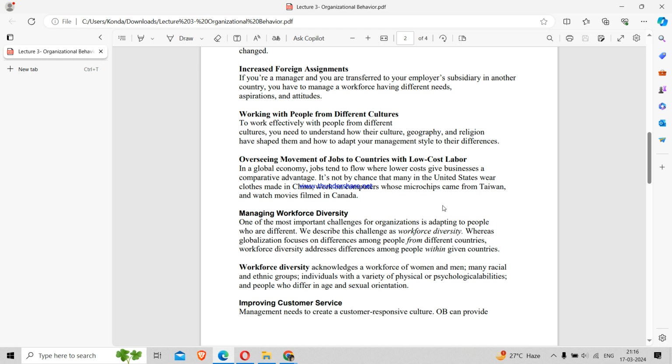Changing demographics is another aspect, where older people should not think, "He is younger than me, so he cannot give me instructions." This should not be the case. Older employees working for the company should feel that the person above them, whether older or younger, holds that chair, that he is my boss, so I should work according to the instructions given. Age should not be a concern for any of the employees.